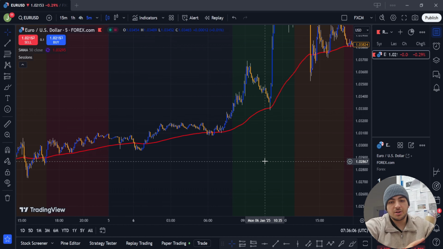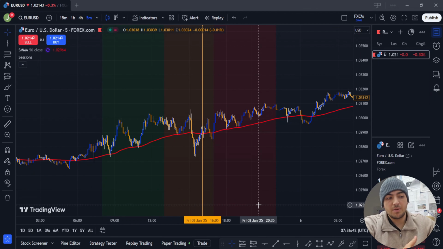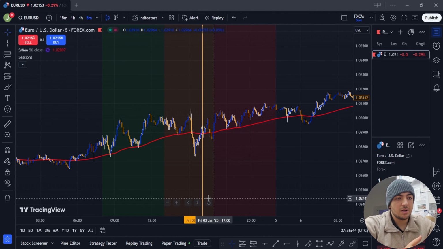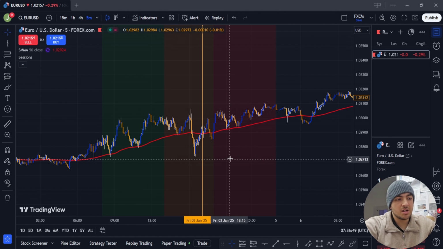I'm going to delve deeper into it and show you when you don't want to trade. As I said previously, I don't trade the Asian session purely for low volatility and low liquidity. However, I also said I don't trade past 4 p.m. GMT time. In this chart here, you can see I've added the yellow line at 4:05, around 4 o'clock. Here you can see a lot of volatility and a lot of high moving assets,